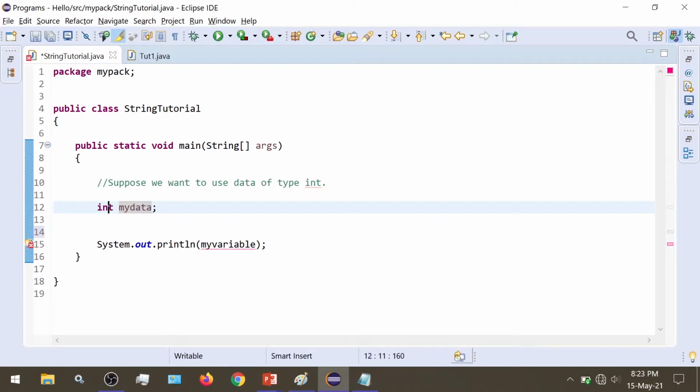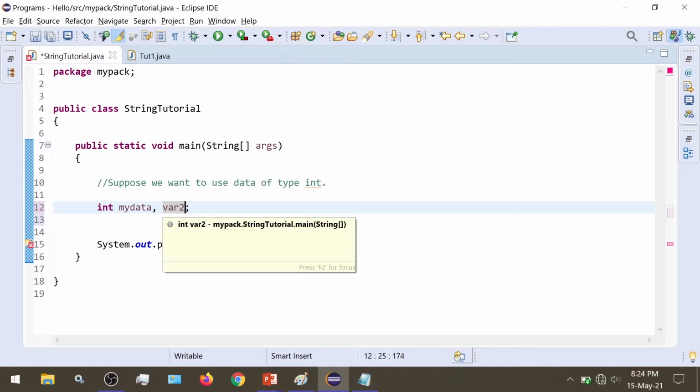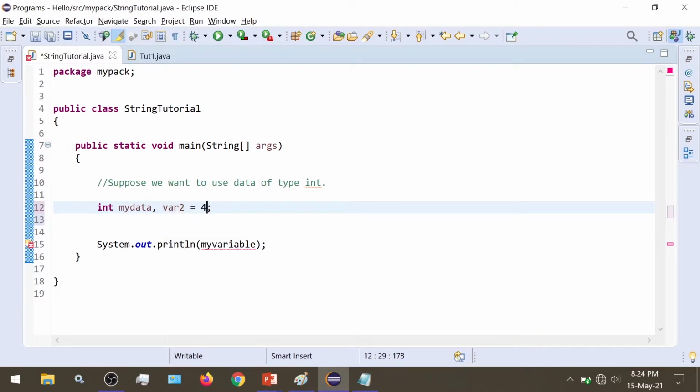We declare the type of the data, then in this single line we can define multiple variables, separating them by comma, and then we give var2. This name follows Java's naming convention, so we will take a look at them later.